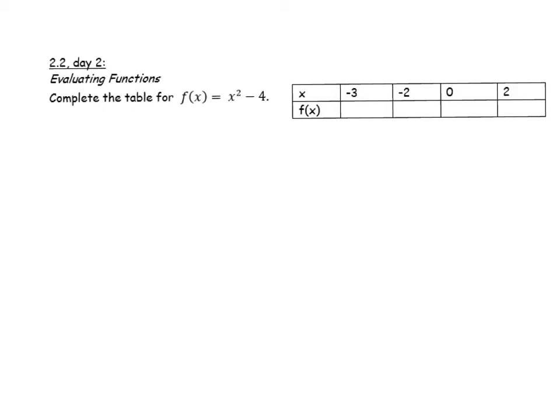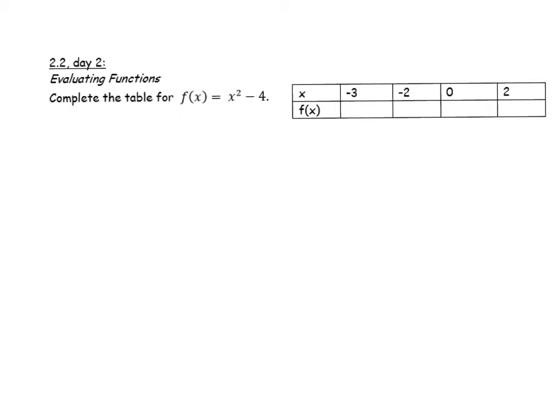The second part of 2.2 continues working with functions. In the first example, we're going to evaluate a function using a table. Complete the table for f of x equals x squared minus 4. Notice in the top row, x equals -3, -2, 0, and 2. To get what f of x, or our output, would equal, we'll just substitute -3, -2, 0, and 2 into